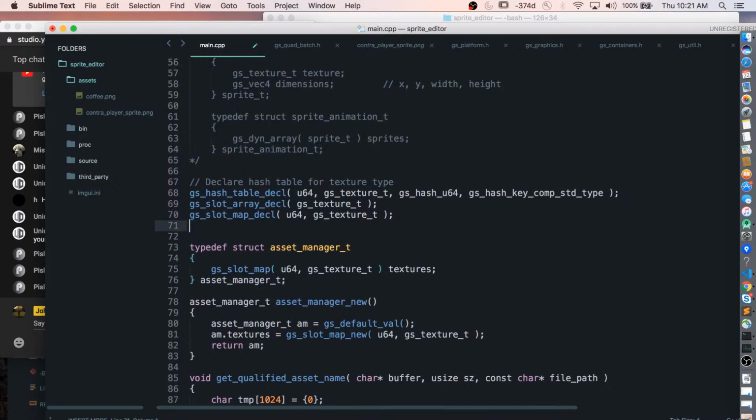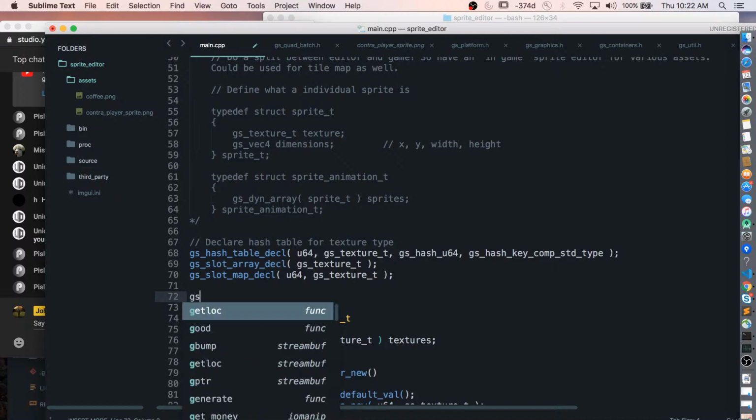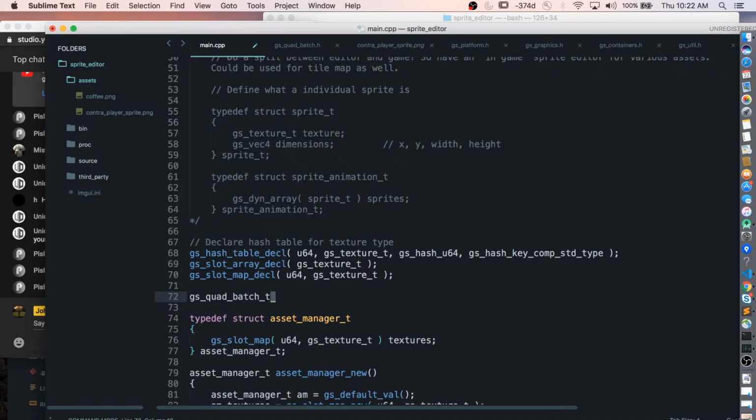All right, let's just make one. Screw it. Let's do it, boys. I'm going to need, I need a quad batch. Let's just call this